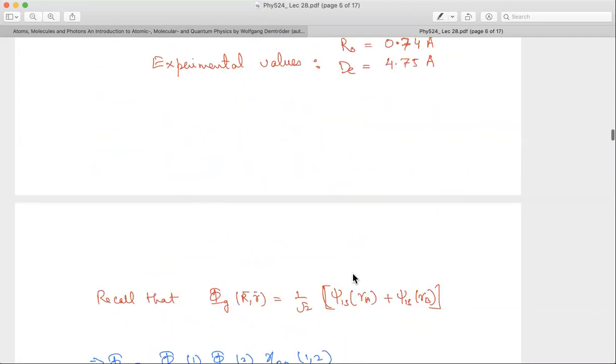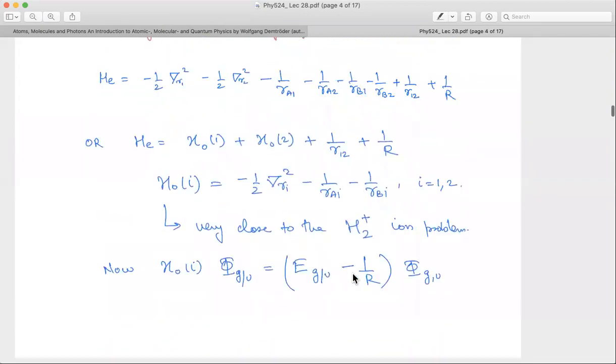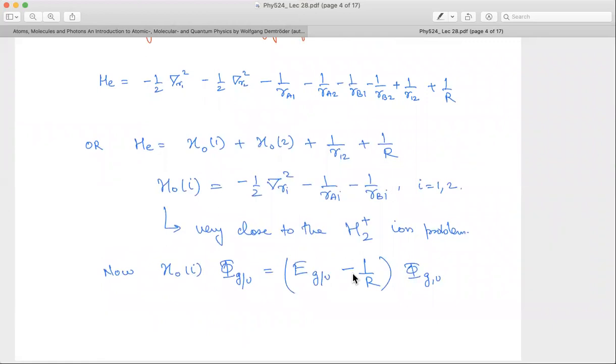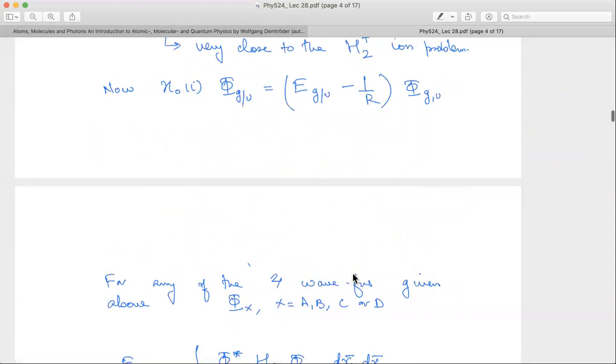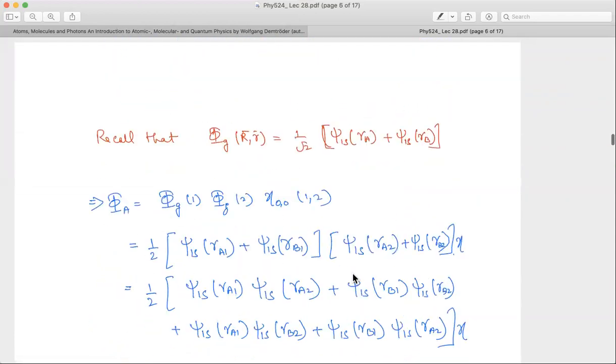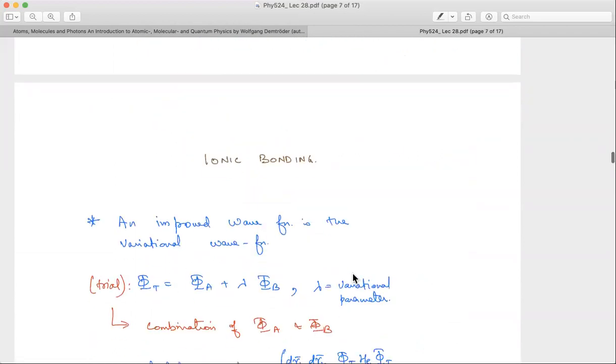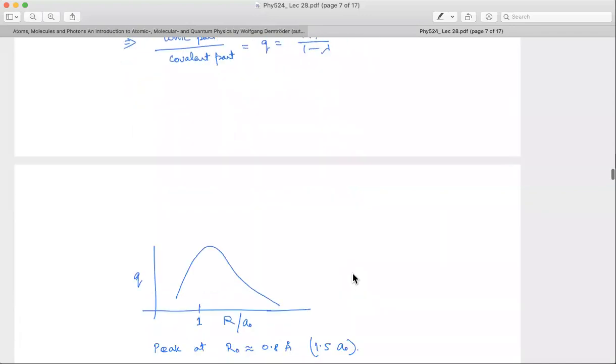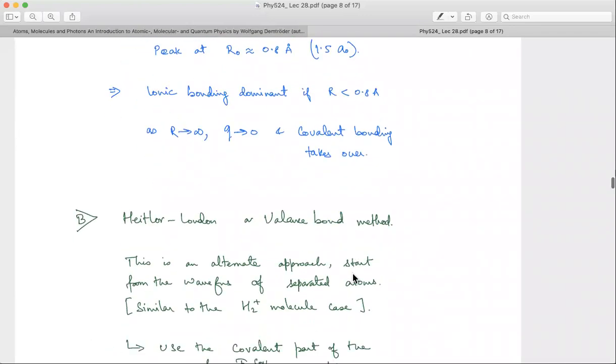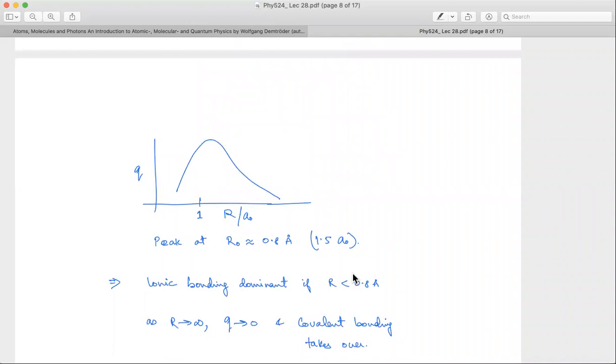Okay, so this brings me to the close of this first part of this argument, which is I use the molecular orbital combinations to build the ground state energy, and this is roughly how you will do it. And doing this, you can associate ionic part, covalent part, etc., and think in terms of those basically. Okay. So that brings me to the first part of today's lecture. Let's take questions. Okay. If there are no questions, then let's proceed further.